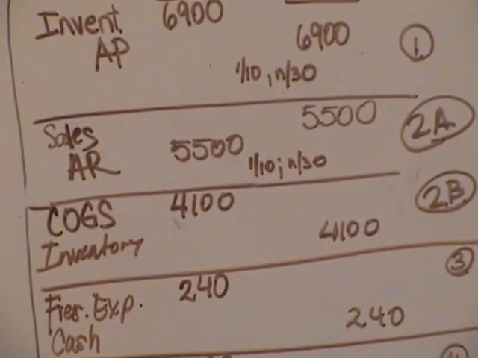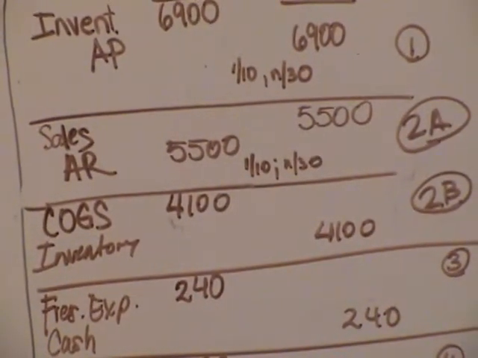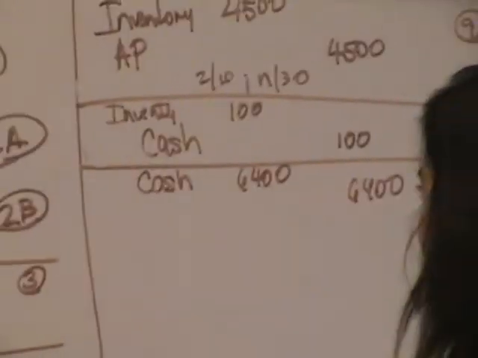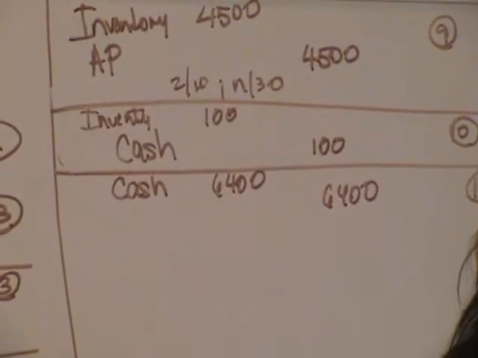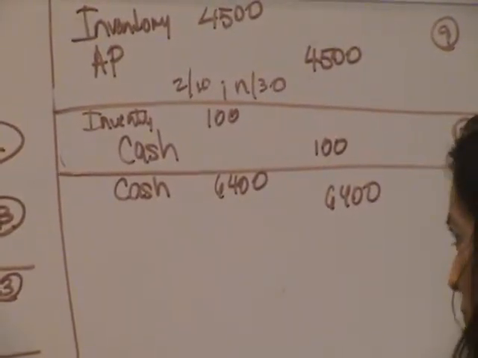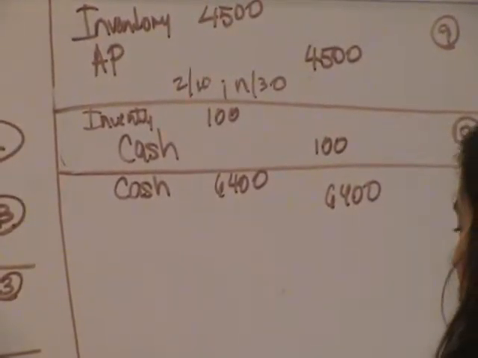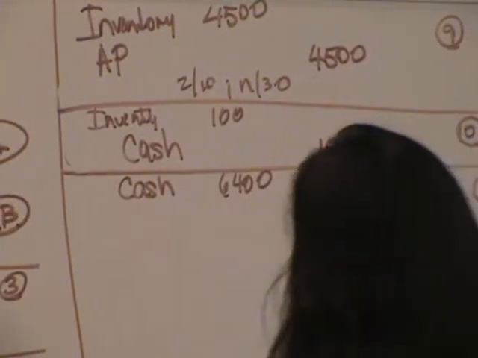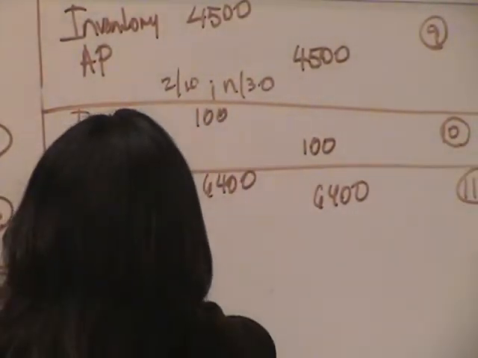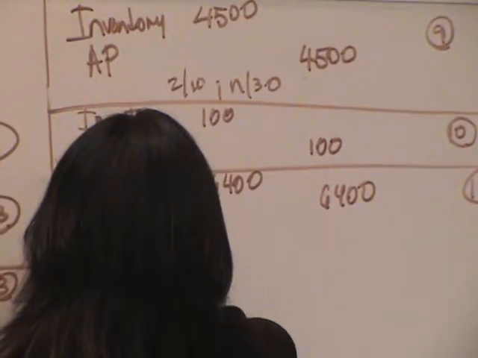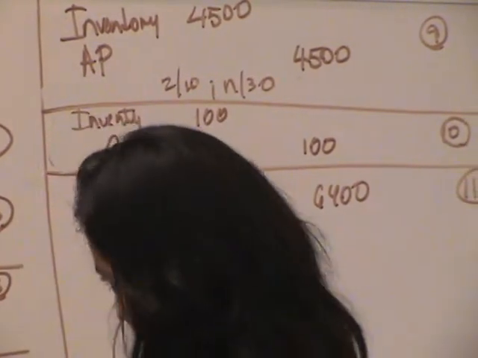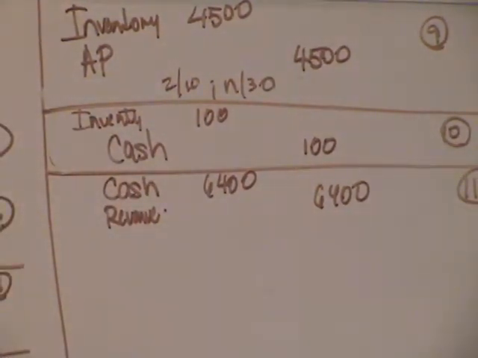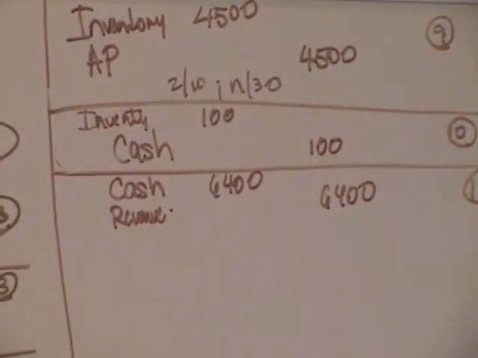You see we have sales and accounts receivable, don't we, in entry A? Yes. So in entry B, we have the inventory. So in entry A, we have cash 6,400 and revenue 6,400, because revenue increased because we sold something, we performed a service. Okay, then entry B, we recognize cost of goods sold expense.